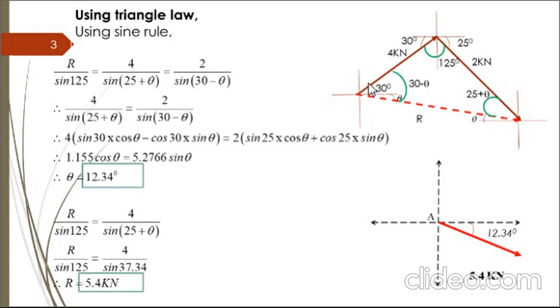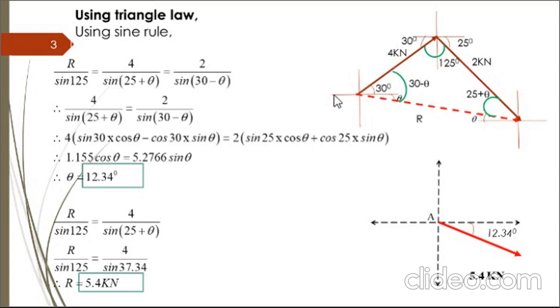So let's see here, this angle is 30 degrees, and R will be making an angle of theta with respect to x. So this total internal angle is equal to 30 plus theta. Then here, as this angle is 30, this angle is also 30 degrees. Here it is 25 degrees. So the internal angle is 180 minus 30 minus 25, that is 125 degrees. And then the third angle: 180 is the summation of all the angles of a triangle. So 180 minus 30 minus theta minus 125, we get 25 plus theta.